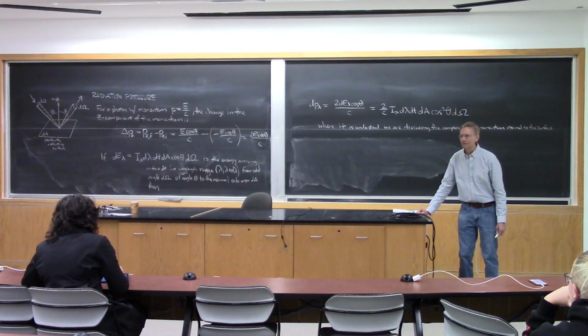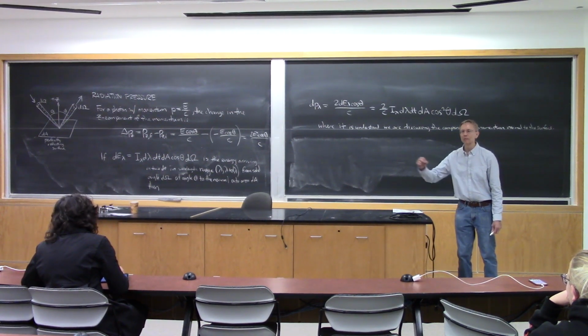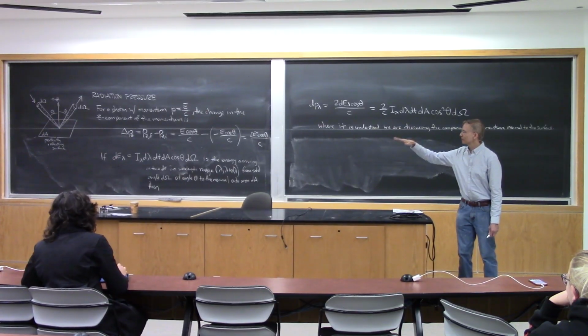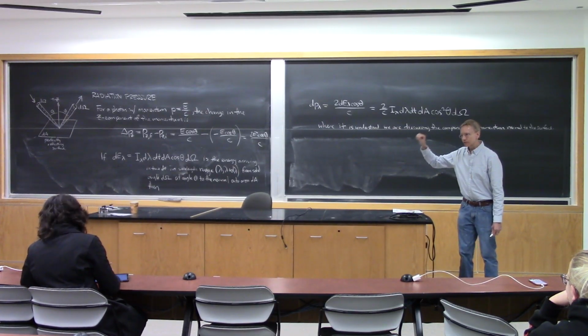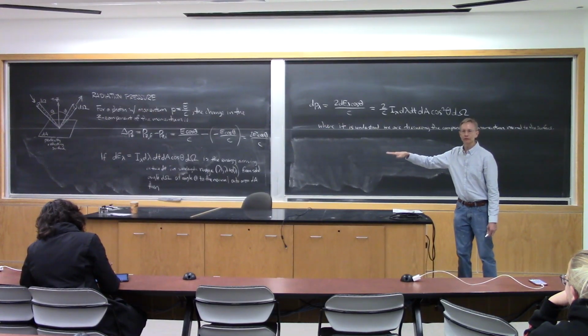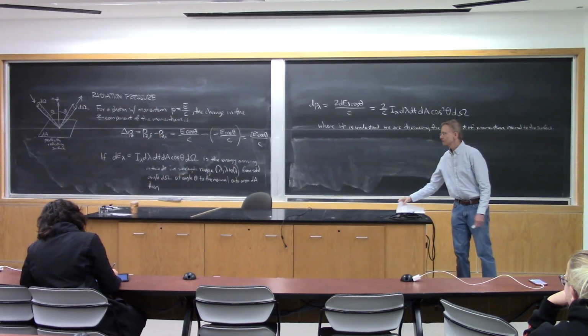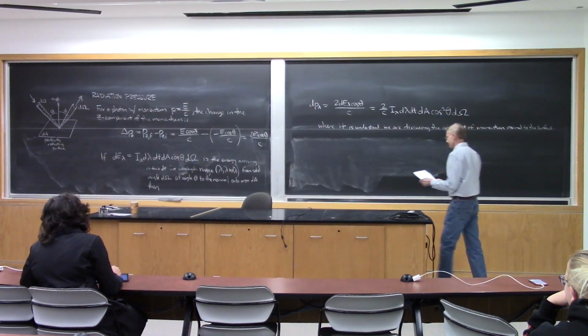So F is ma, which is also dP dt, right? Force is rate of change of momentum for a particle. Or if I'm talking about my surface here, the force on it is the rate at which momentum is being transferred to it. So in other words, what we say next is